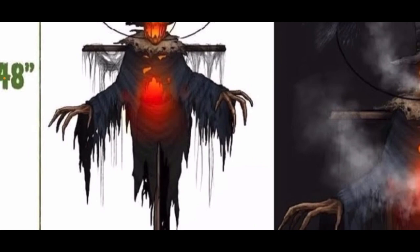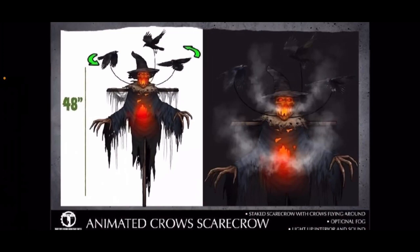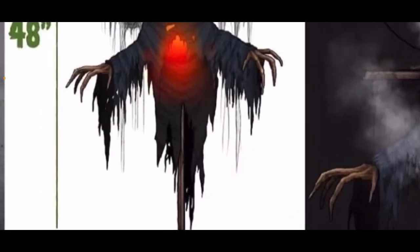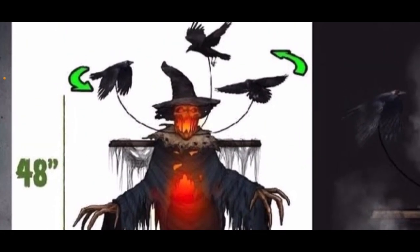Now this prop is awesome. It looks professional. I do want to talk about height. 48 inches. It's a really, really tiny prop. Why so tiny? But, it's one or maybe even two poles, and then it's just, of course, the prop with the crows